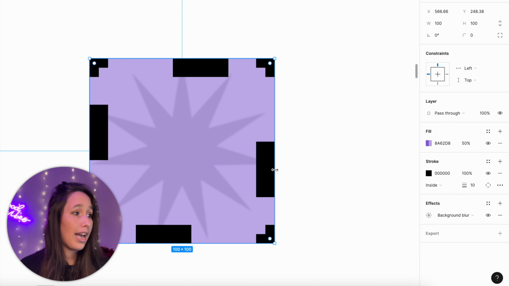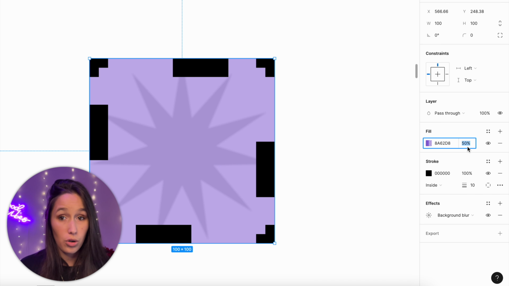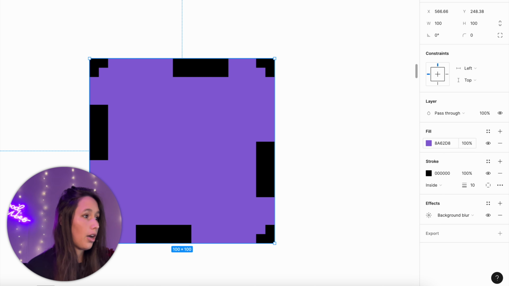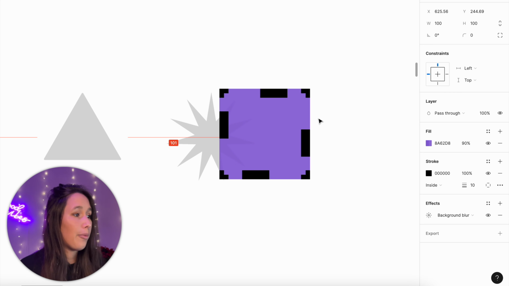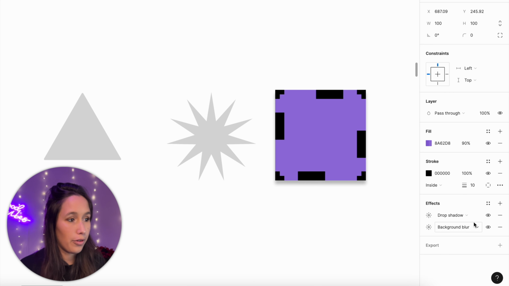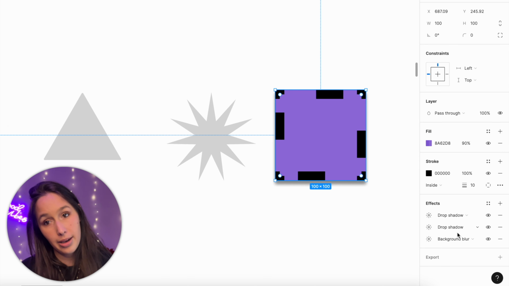Also, this will only happen if you've got opacity on your fill. If my fill is on 100, nothing will happen, but if it's on 90, you will see a bit of that. Now with effects, like with everything else, I can make a few effects at the same time. So I can have a drop shadow and a background blur and a layer blur and an inside blur if I want. All right, moving on to our next bit of the design panel, and that is using the alignment